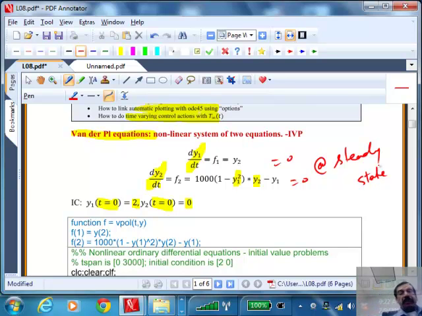So the steady state often is a subset of the full dynamic problem. In the full dynamic problem, we want to generate y1 as a function of time, and you might find that it reaches a steady state like this. In this particular problem, we are going to see something different, something unique. So there is no steady state. If there is no steady state, what would fsolve do?